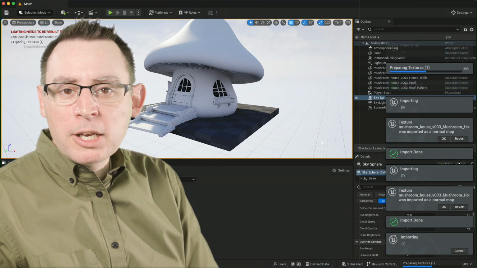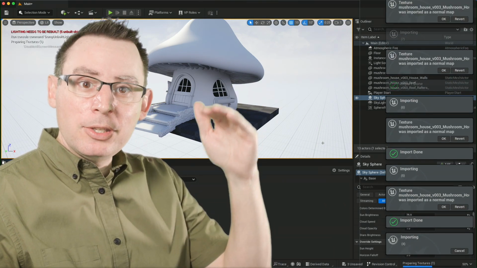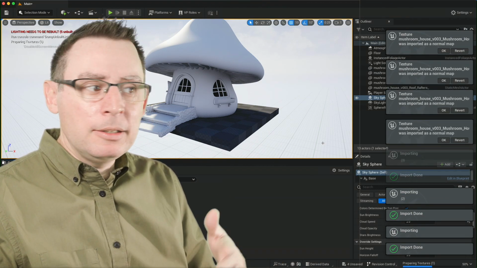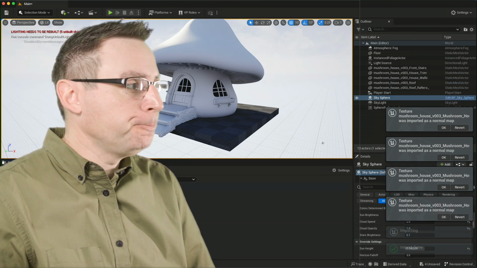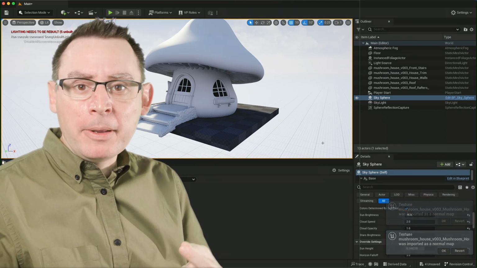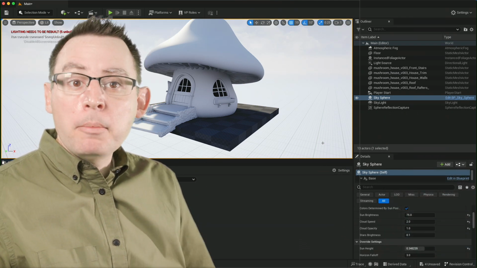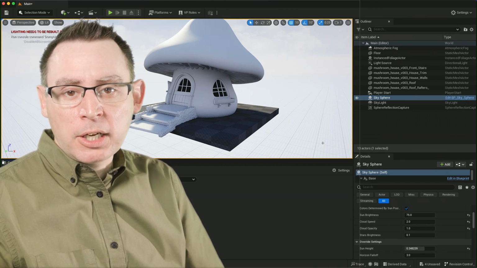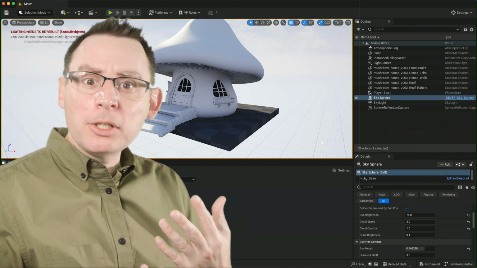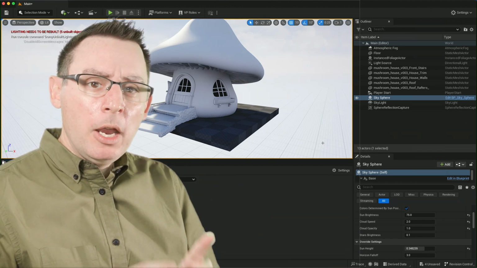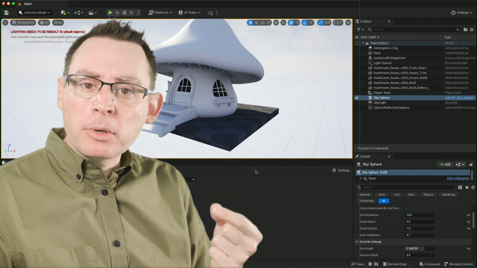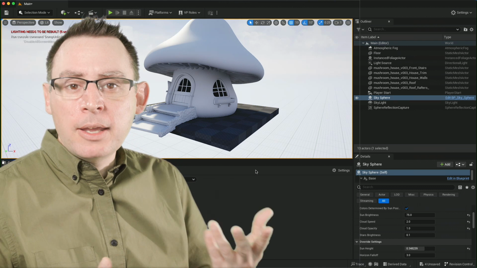You probably are starting to see on the far right-hand side of the screen a list of confirmations and notifications by the engine that it's importing, that it's done, that it's doing some stuff for us. One of the cool things about working with the Unreal Engine is that it's a pretty intelligent environment, and it understands that certain images play certain roles inside of our texturing system. It automatically recognized that there were some images that looked like a normal map, and it tagged them as normal maps. There's a couple different things that we want to look at to ensure that these images are being interpreted and defined correctly by the rendering engine.